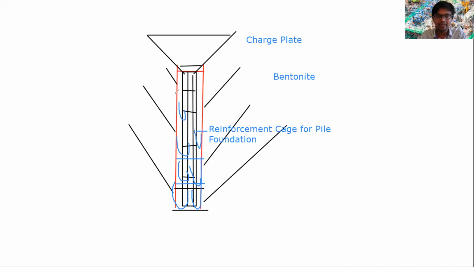So what happens is that the impurities, whatever the sand particles, keep going up. They don't settle below because their density is low. So we provide some extra concrete so that these impure particles can come outside and form a head like this. This 100 mm head is formed. This head is actually an impure form of concrete, so we need to break it.